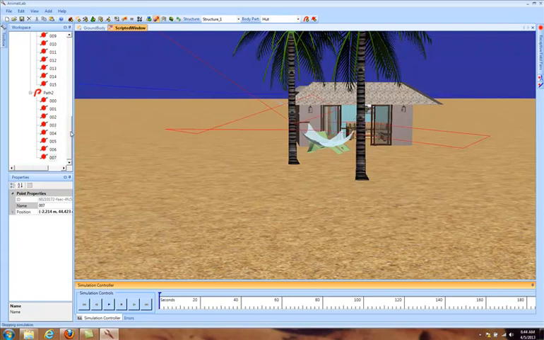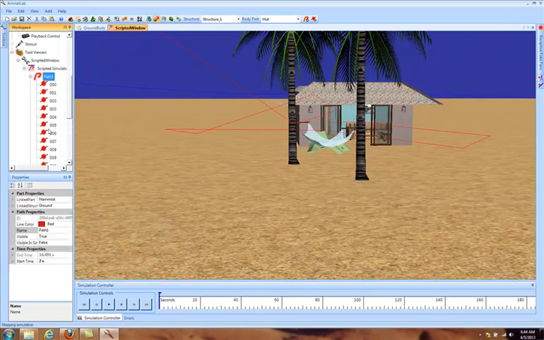Okay. Just a couple of little things left to show. One thing you can do, there's visibility. So let's say, for instance, we don't want this path to be visible at all, even in our editor. We can turn that off, but you can see we can still see the second line. So let's say we want it to be visible in the editor, but not visible in the simulation. Then you set visible to true and visible in simulation to false. So if we were to change this to true,